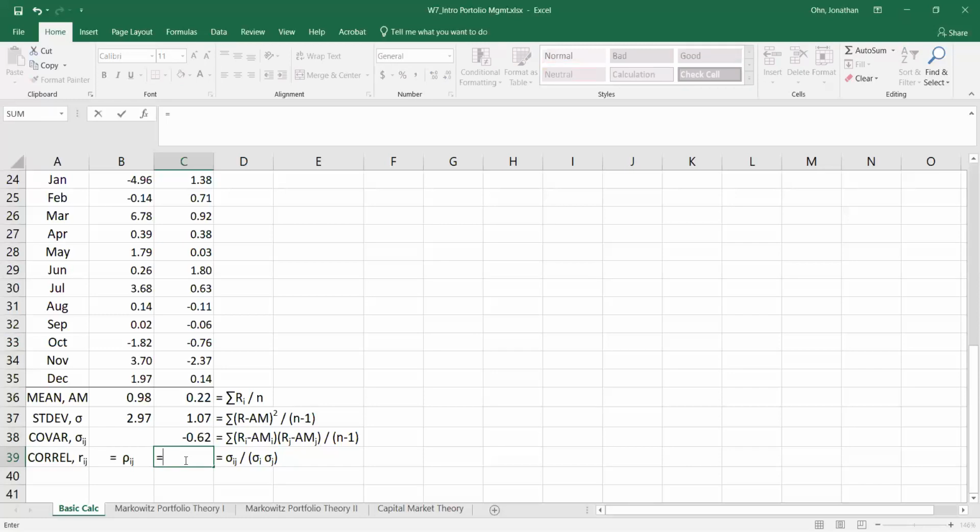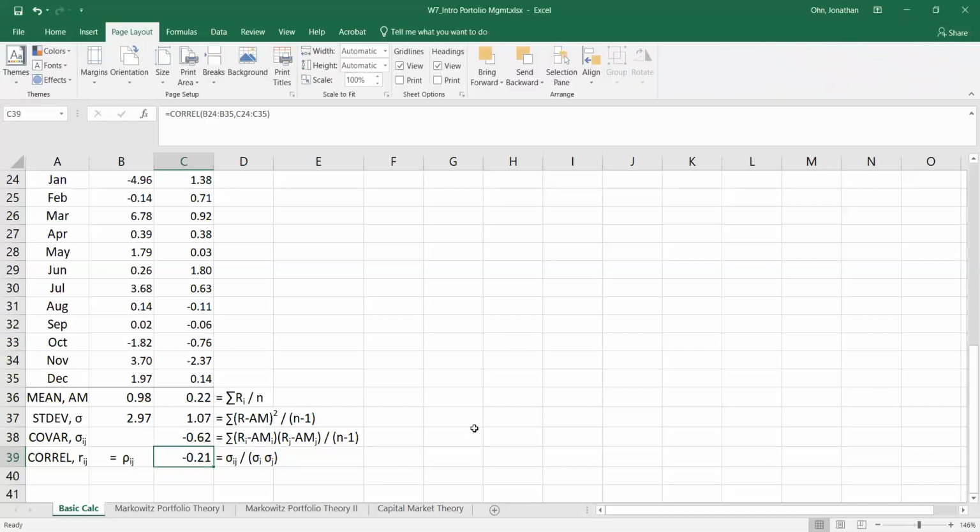Correlation, comma, and this is T-bills. You do that. This is the Excel command. Now look at this one here. It gives you minus 0.21, right? Minus 0.21. If you go back to the earlier discussion, the correlation coefficient is more useful because